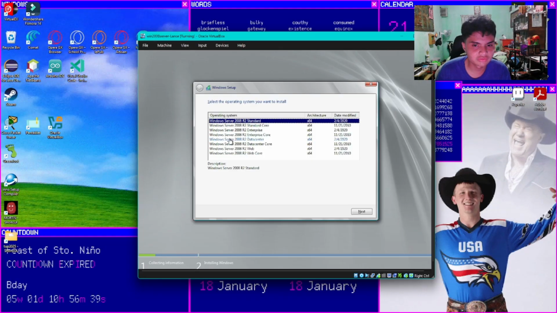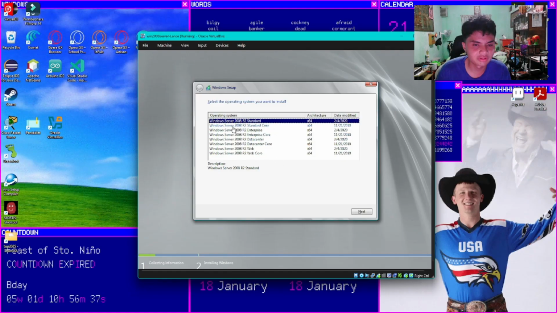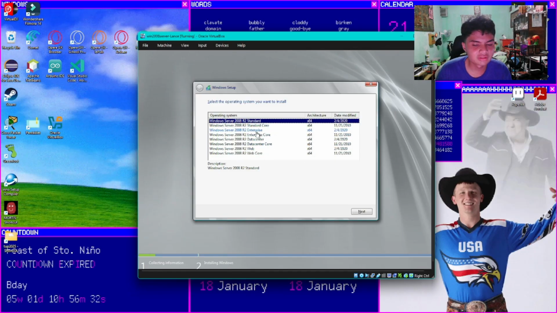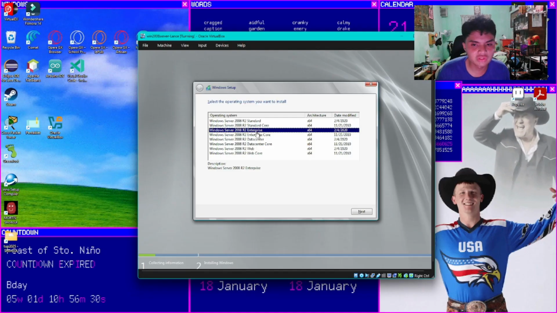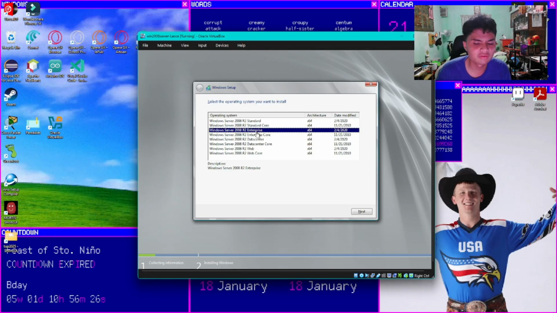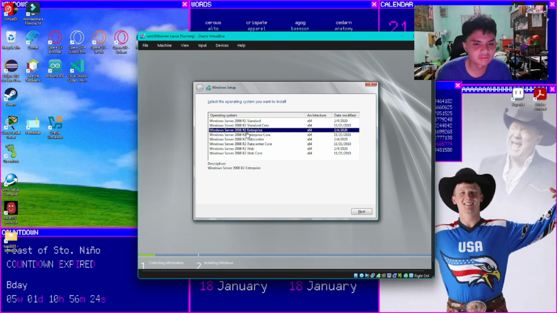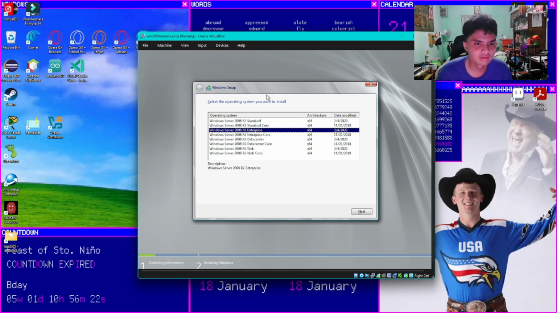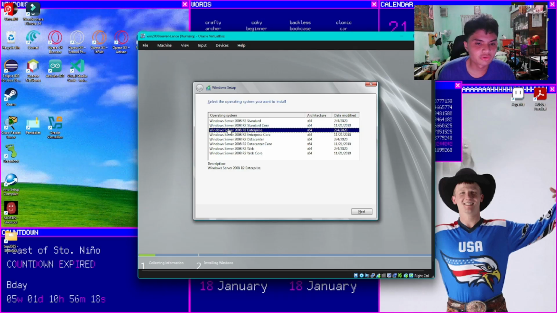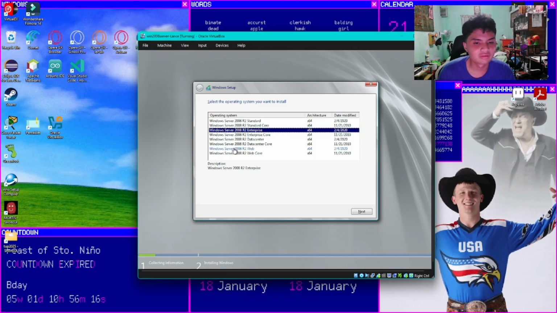Then we're gonna choose from these operating systems. I'm gonna use Enterprise since this is best used on a large scale, on an employee or company basis. This is better than other types of Windows Server 2008, and is more complete in retrospect.